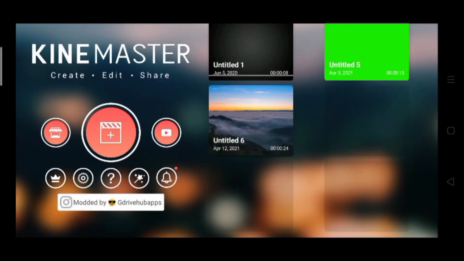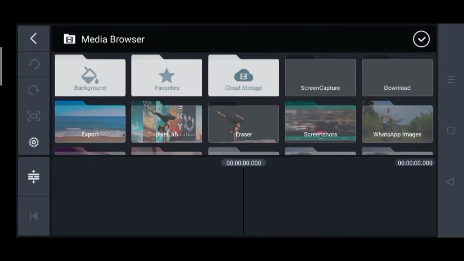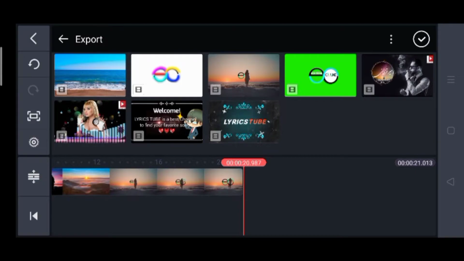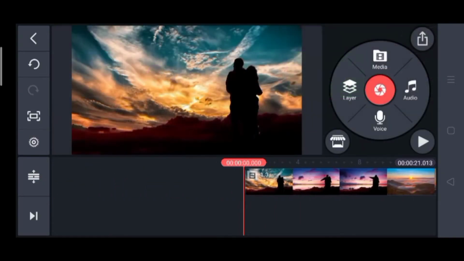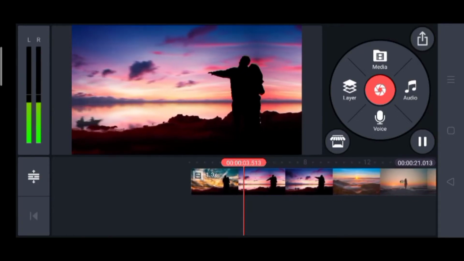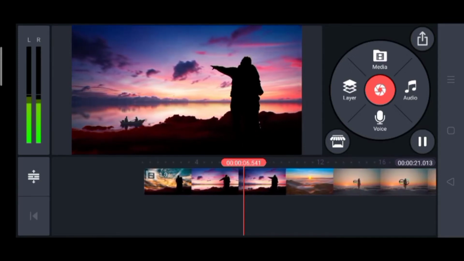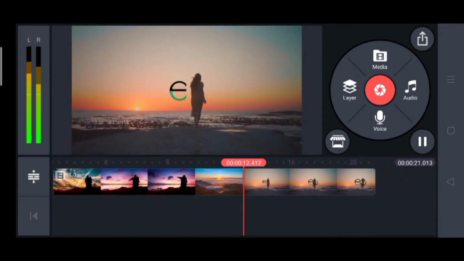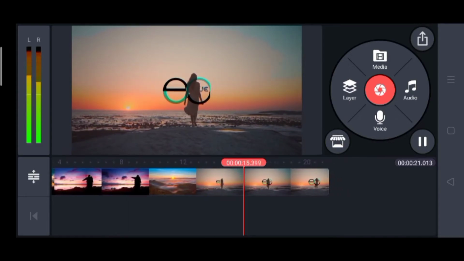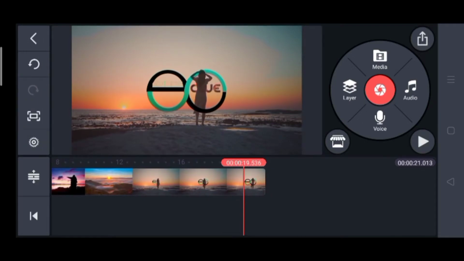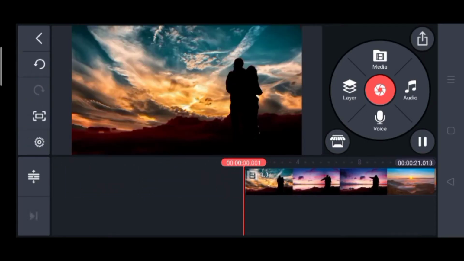Hi everyone, in this tutorial video I will show you how to create this cool sky transition effect. As you can see here, this